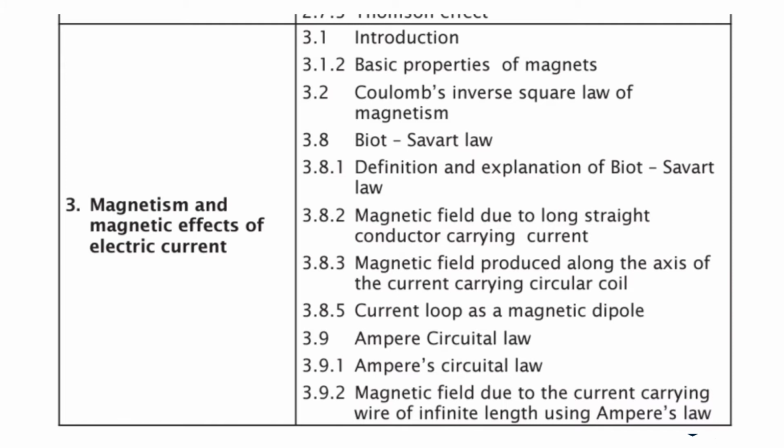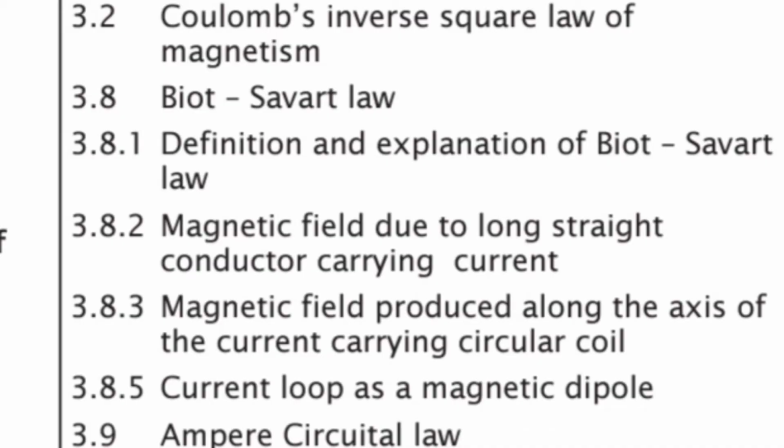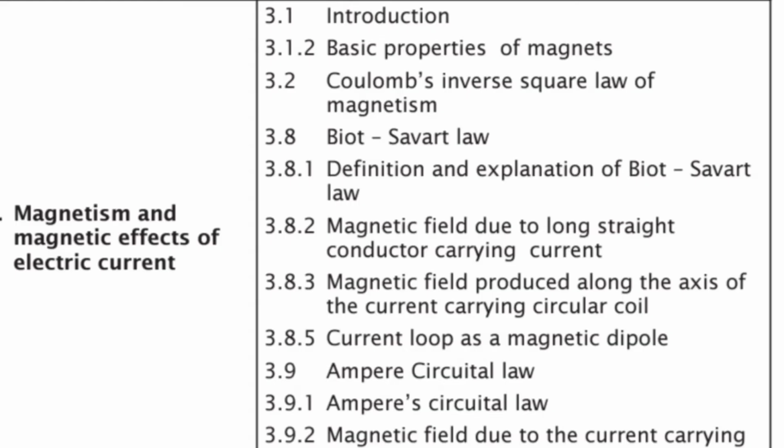So magnetism and magnetic effects of electric current, 3.1 introduction, 3.1.2 basic properties of magnetism, magnets, 3.2 Coulomb's inverse square law of magnetism, 3.8 Biot-Savart law, 3.8.1 determination and explanation of Biot-Savart law, 3.8.2 magnetic field due to a long straight conductor carrying current, 3.8.3 magnetic field produced along the axis of the current carrying circular coil,